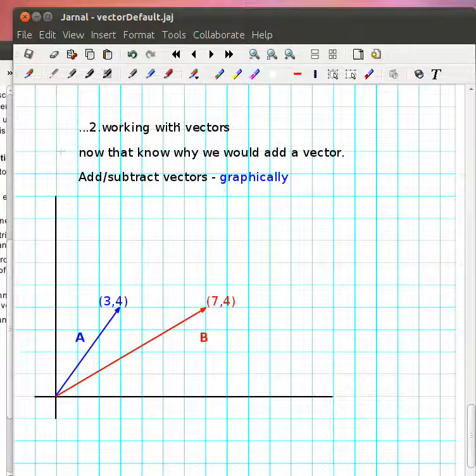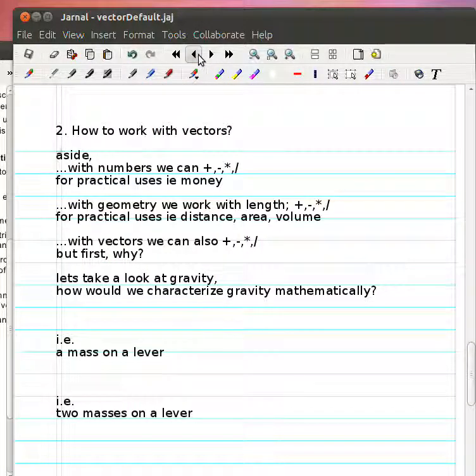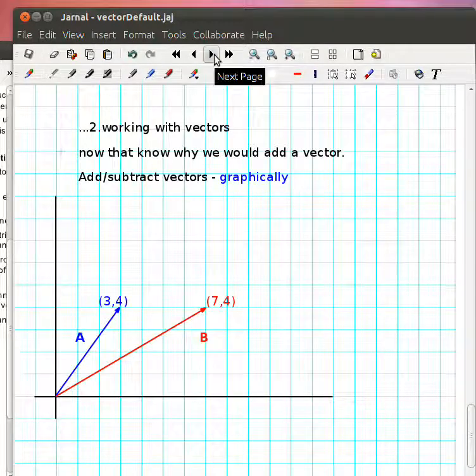Okay, so last time we were working on why we want to work with vectors. And we saw that in physics there was a reason to add and subtract these arrows, right? To find forces, the summation of forces. Well, let's continue and take a good look at how we do this adding and subtracting of